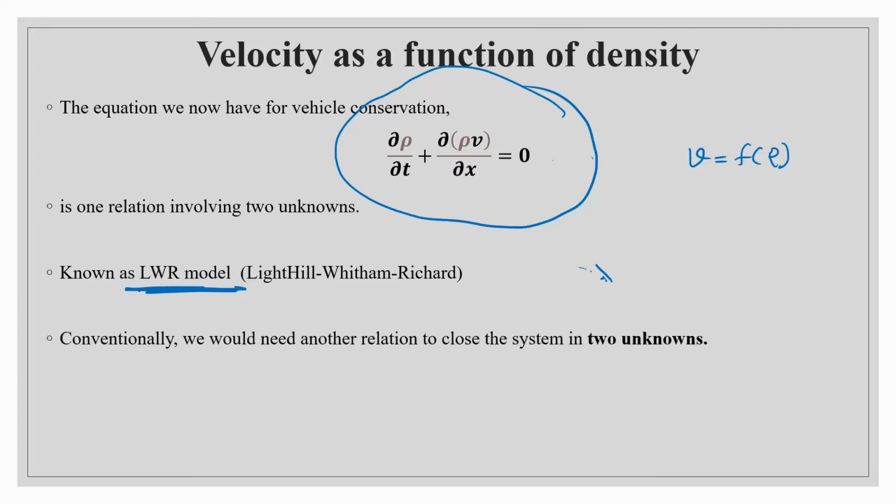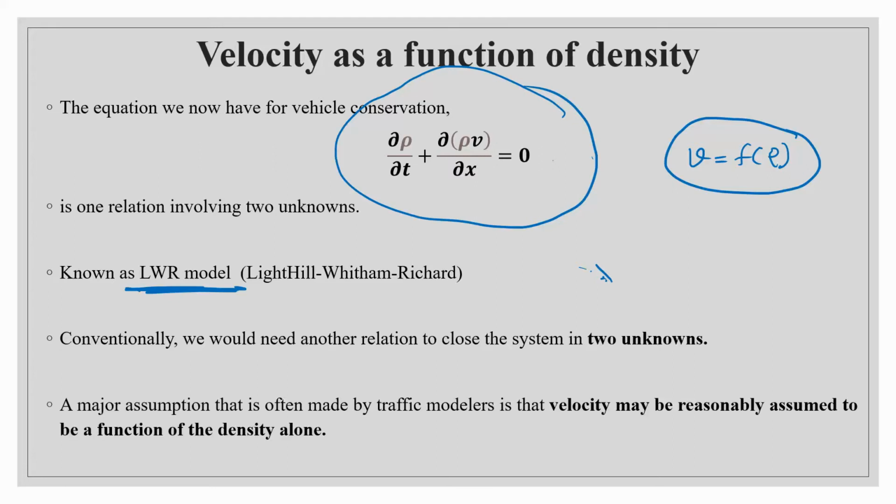So to solve this, I have told you that we have to consider V, that is speed, as a function of density, and you will see that this is a very reasonable thing to do, because you observe that when density is more, that is when there are more cars, your velocity is automatically reduced, and when there are very few cars on the road, you drive with high speed. So it is very reasonable to consider the speed as a function of density, right?